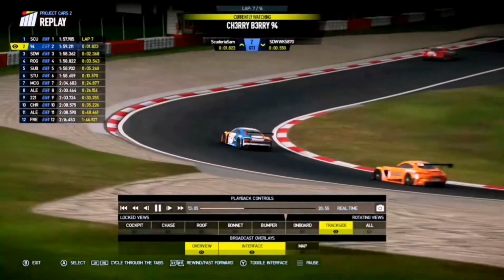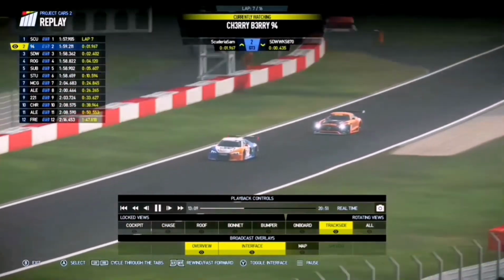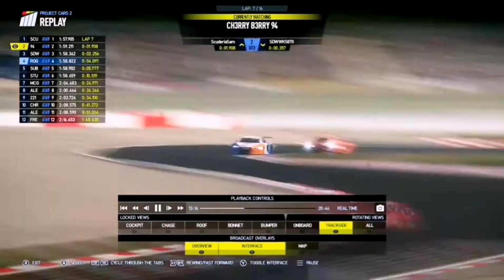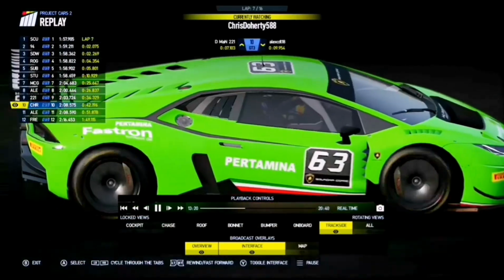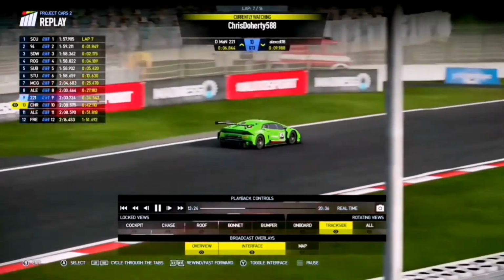Could be losing the bodywork from the earlier incident with Alex. But he looks like the first person to be lapped, down in 12th there. Cherryberry does enjoy the GT3s, but the Audi isn't his first choice, so he would have wanted the Ferrari. But the Ferrari wasn't available, as it was first come first serve, two car manufacturers